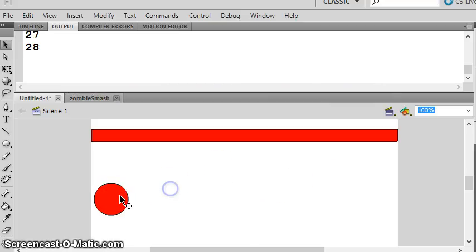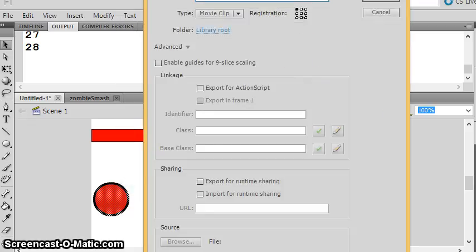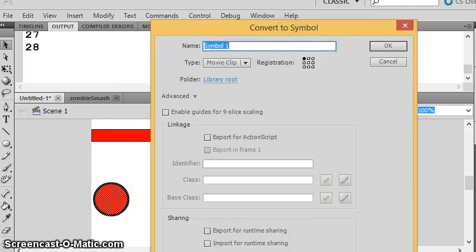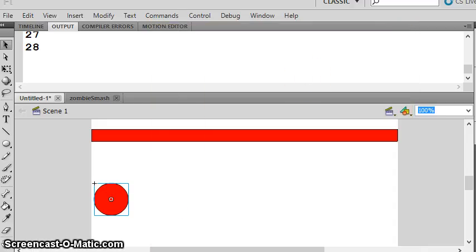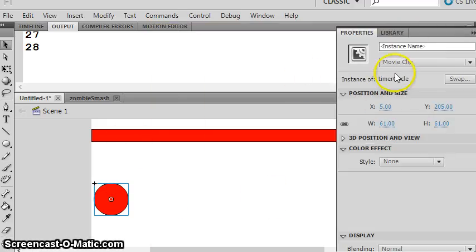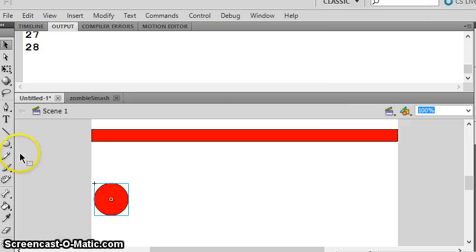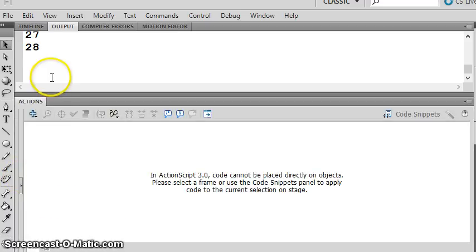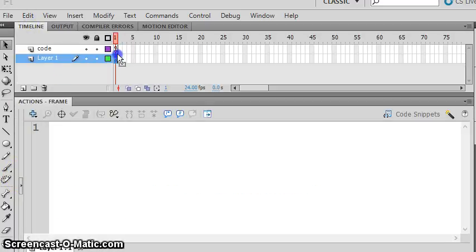Now I've got this other shape here. I'm going to convert that to a symbol so I can talk about it. I'm going to call it timer circle. Once I have made it into a movie clip, he is of data type timer circle. I need to give him an instance name. What does he look like? He looks like he's not a Rexy. I don't know. Cirque. Okay. And then once that guy has a name, I could say